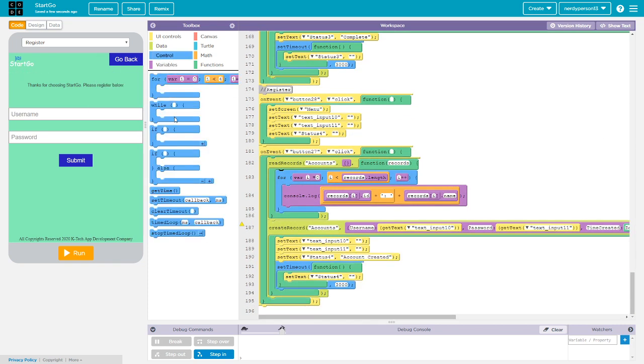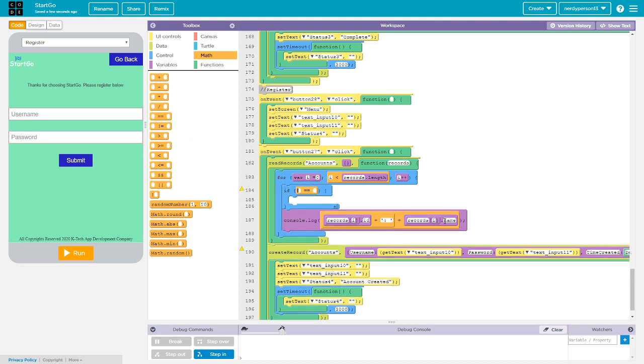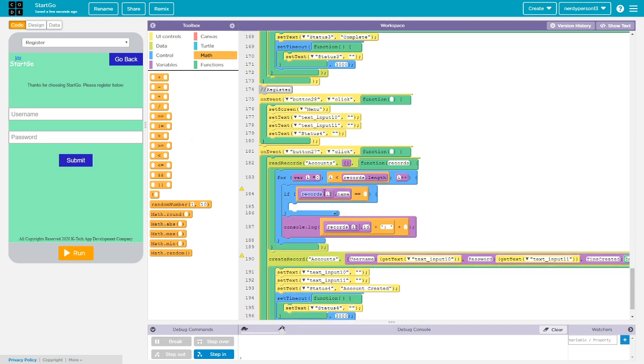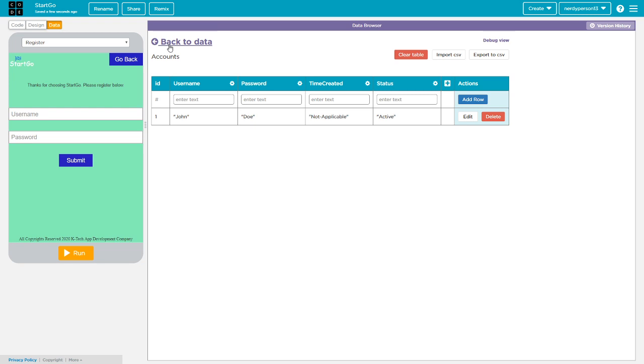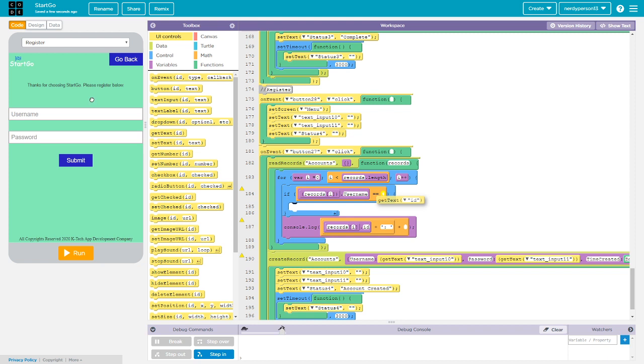And then we are going to do if there is a username like this one. So if there is a username that matches the username in text_input 10, then